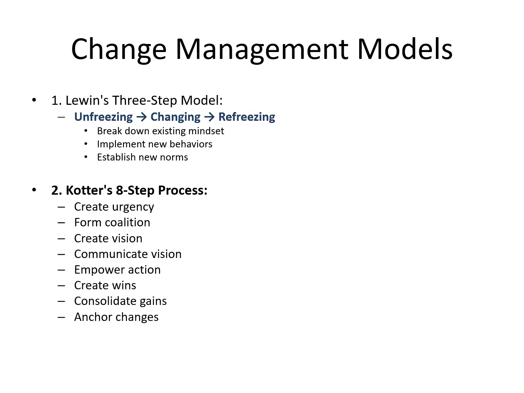That is how an organization accepts change, or what are the stages of acceptance of change. So Kotter's eight-step process was: create urgency, form a coalition, create a vision, communicate the vision, empower action, create wins, consolidate gains, anchor